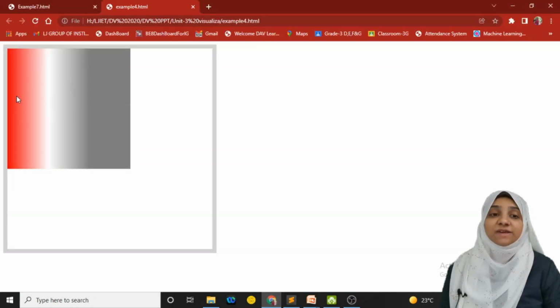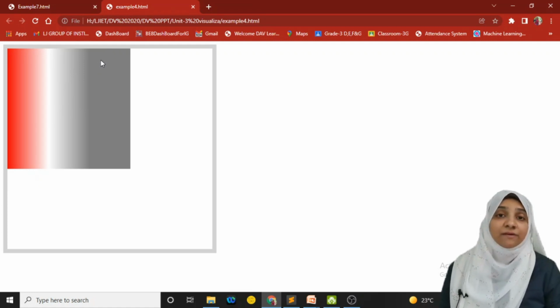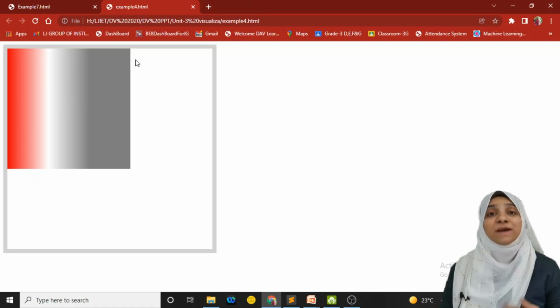Now as you can see, it starts from the left side and it is transitioning towards the right. If you notice carefully, the portion of gray color is much more as compared to red color. It is because we have defined a gradient up to 0, 200 and the width of the rectangle is 300. So the pixels between 200 and 300, all pixels will be filled with the same color where the 200 pixel